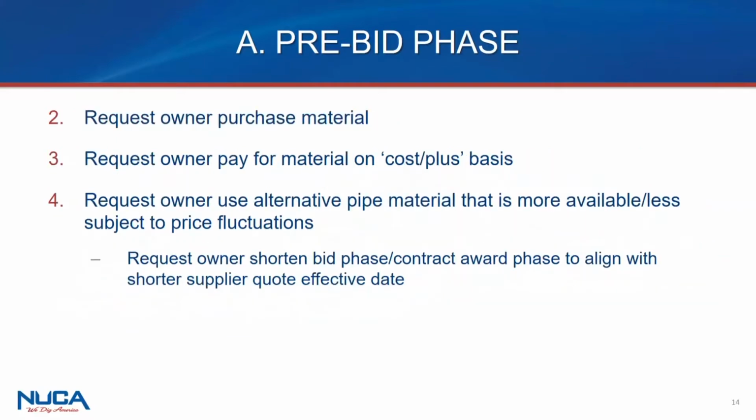Yeah. So again, we're at the pre-bid phase, and this is focused on what we can ask of the owner for purposes of trying to protect yourself. And, certainly the first one and most ideal or potentially would be asking for material escalation clause to be included in the contract. There's some other important measures that you can ask for. Second one here is request that the owner purchase the material rather than having it be provided as part of the contractor's bid.